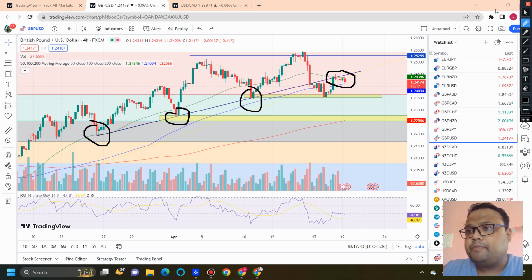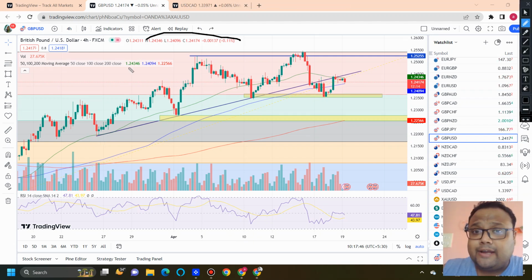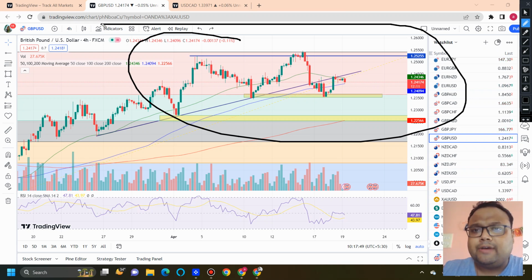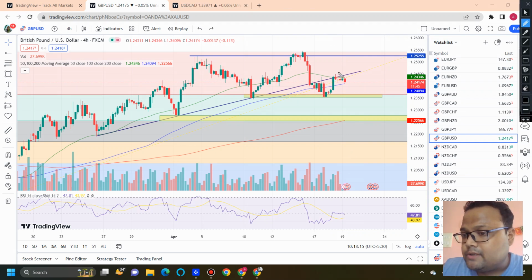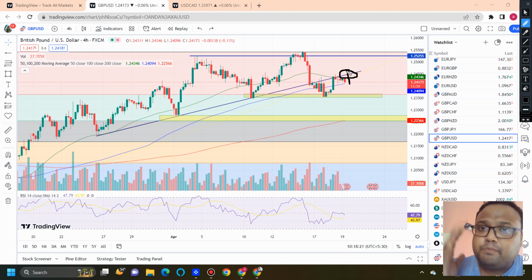Okay, now listen to me carefully. Previously we had an ascending triangle pattern, and the pattern is more or less still valid, and there is still a big possibility that GBPUSD will try to go for a breakout. Right now GBPUSD is stuck in this range, so wait and watch. If after a few hours you see that GBPUSD is trading above the trend line, then you'll get a confirmation that GBPUSD is bullish again, and it will be heading towards the resistance level of